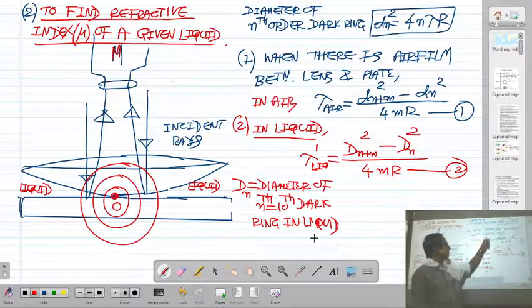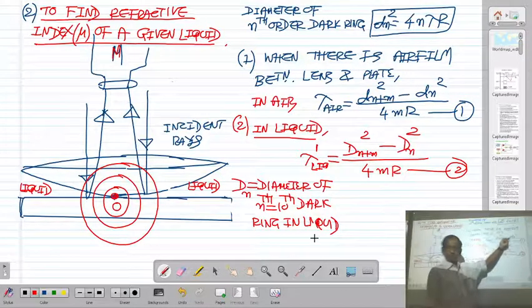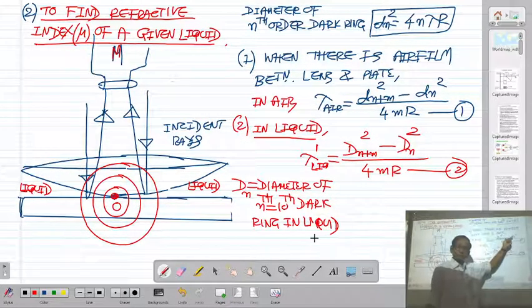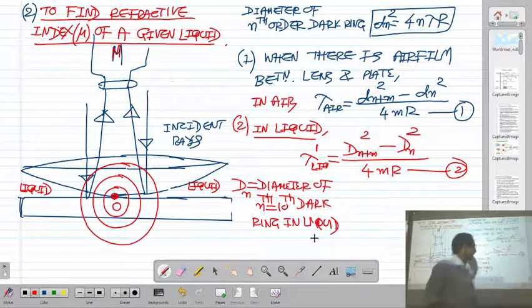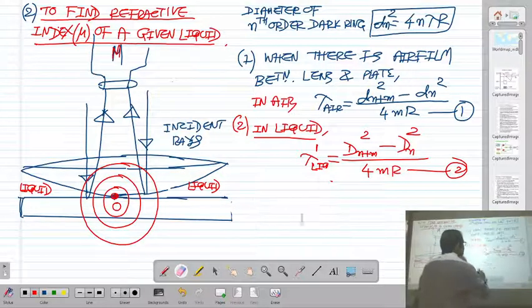In liquid, the wavelength of the light is going to change from lambda to lambda dash. The diameter of the n plus mth order dark ring is going to change, that is capital D n plus m square, and the diameter of the nth order dark ring is also going to change, capital D n square. Now if you take the ratio of these two equations,